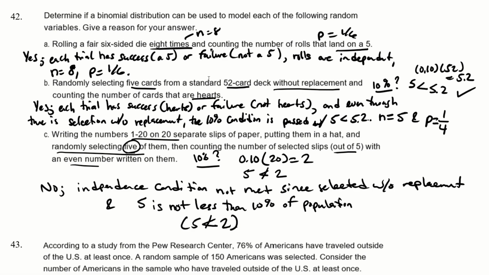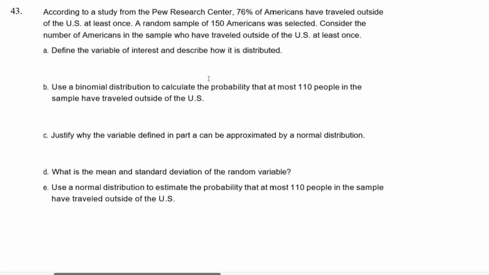Number 43. According to a study from the Pew Research Center, 76% of Americans traveled outside of the U.S. at least once. A random sample of 150 Americans was selected. Consider the number of Americans in the samples who had traveled outside at least once. Define the variable of interest and describe how it is distributed. Okay, so we're interested in the number of Americans in the sample who have traveled out. So we're going to say X is the number of people